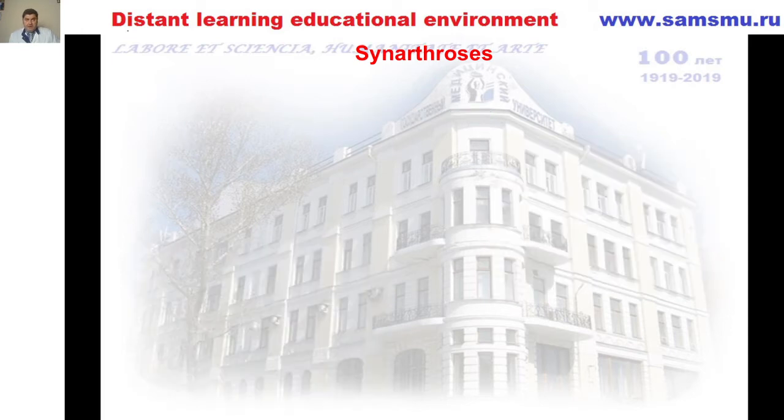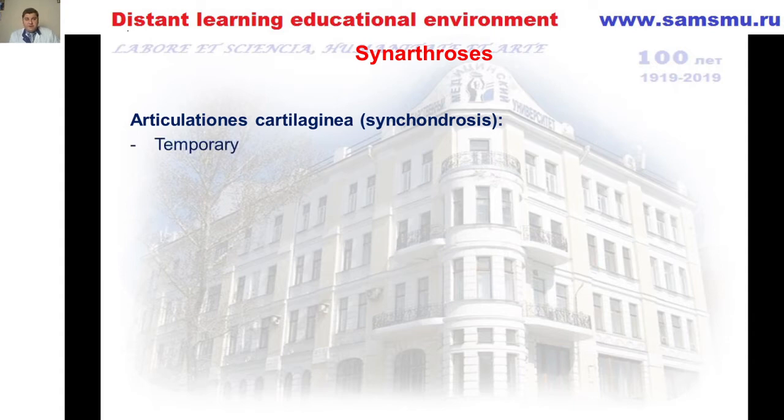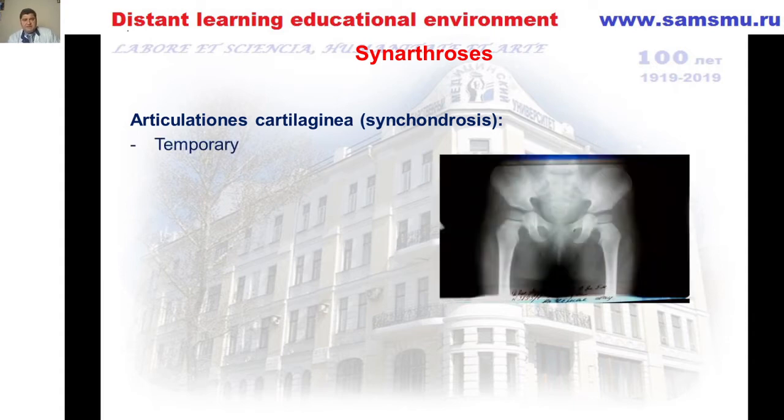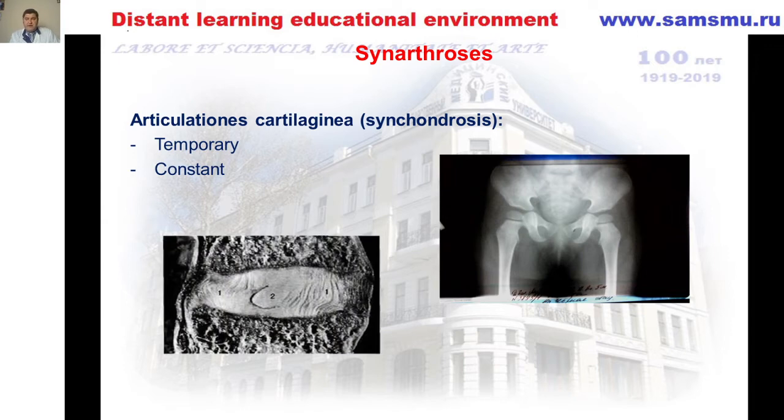So, the next classification includes the period of development of cartilaginous tissue. There are two types of synchondrosis: temporary and constant. By the duration of their existence, synchondroses are divided into permanent and temporary. The former exist throughout life. The latter exist only at a certain age. They are replaced by bone tissue. An example of this synchondrosis is the epiphyseal cartilage,